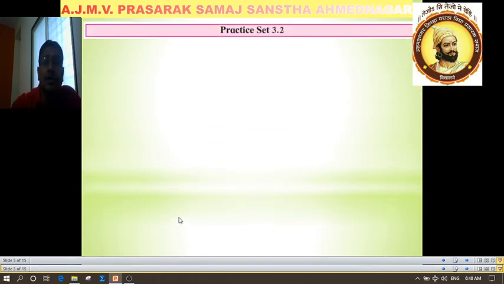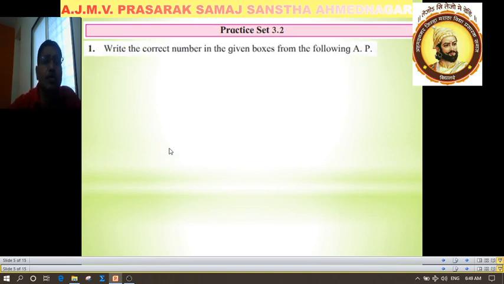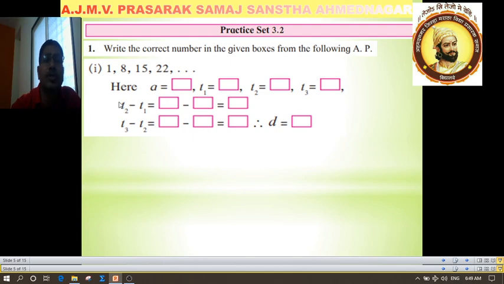Now, let's take some examples based on the nth term. Practice set 3.2, question number 1. Write the correct number in the given boxes from the following arithmetic progression. The first arithmetic progression is 1, 8, 15, 22. Here we have to obtain a, T1, T2, T3, T2 minus T1, T3 minus T2 and the common difference d. We know that a is the first term, so a is equal to